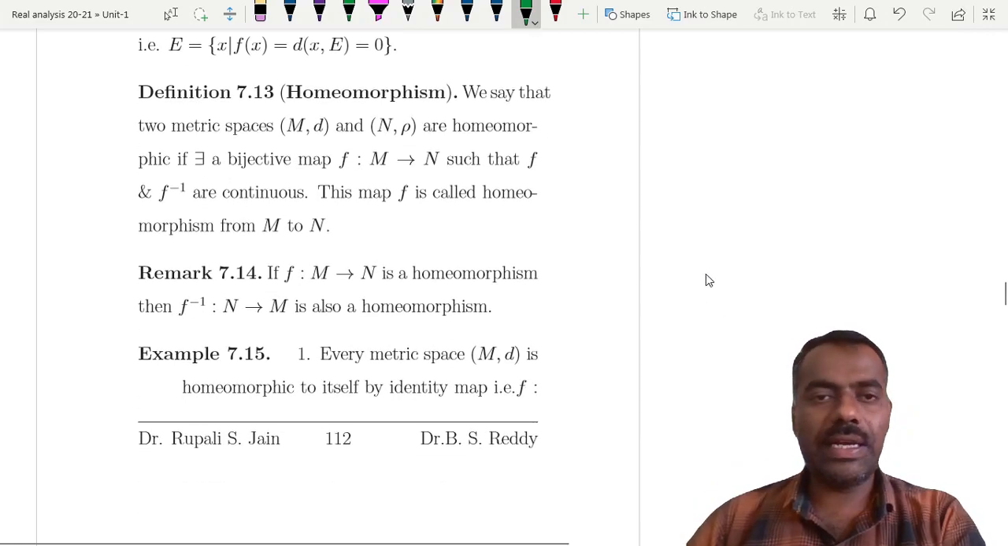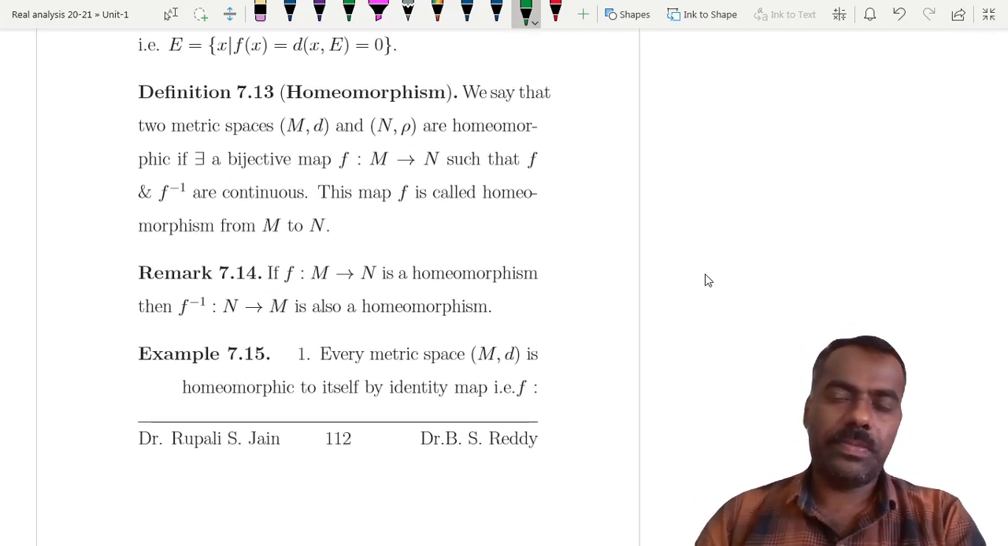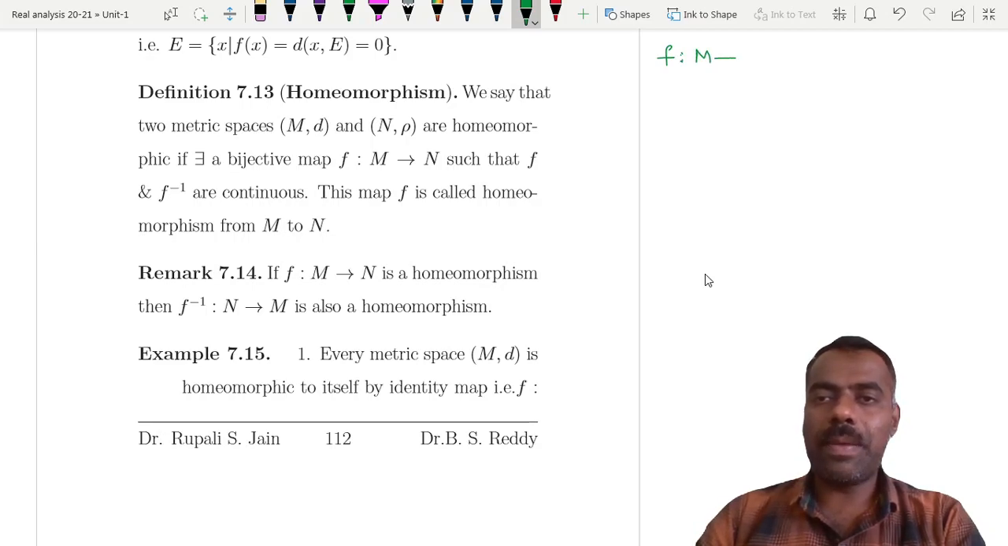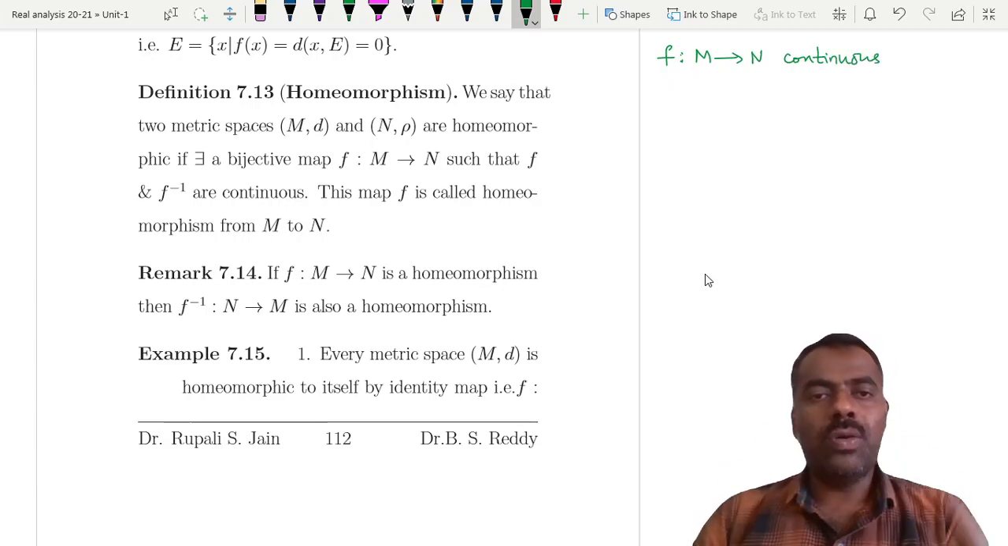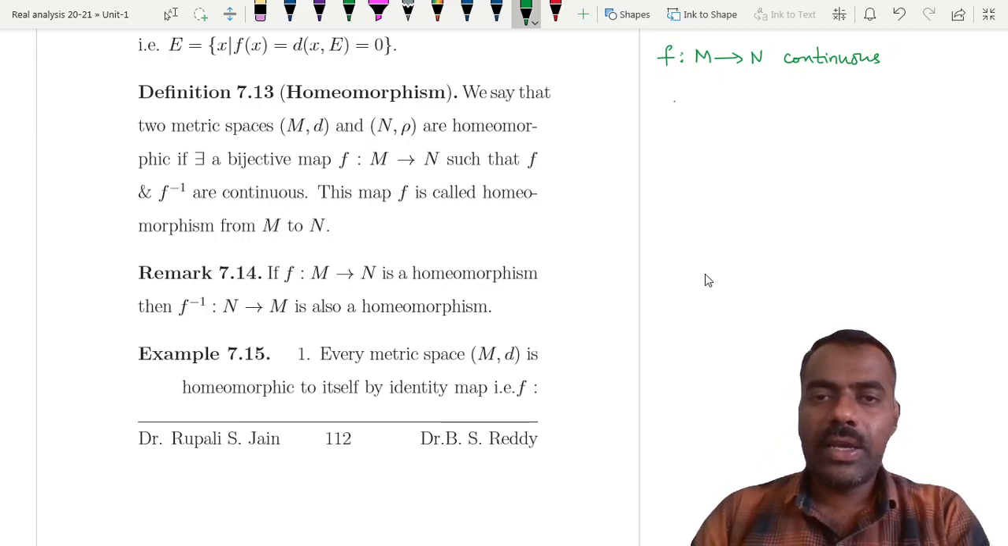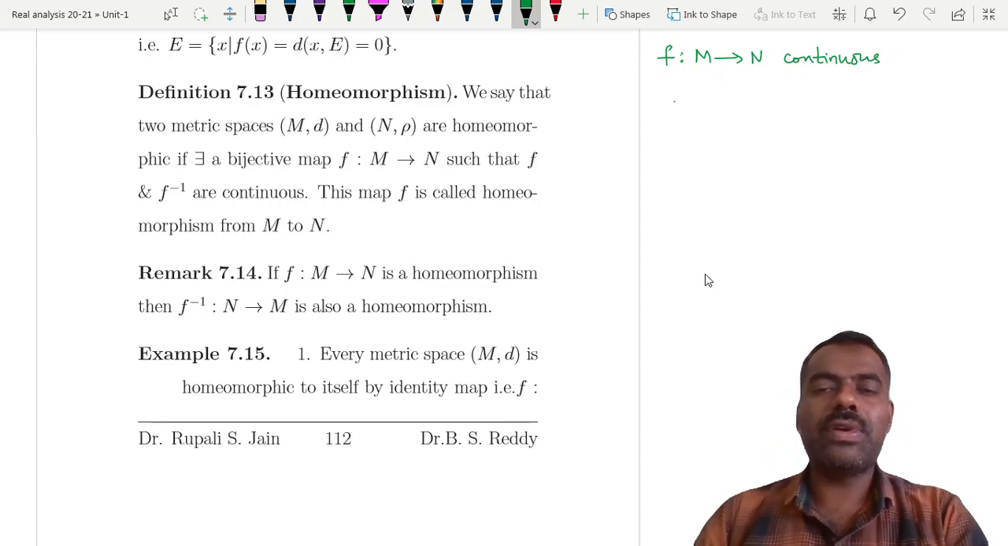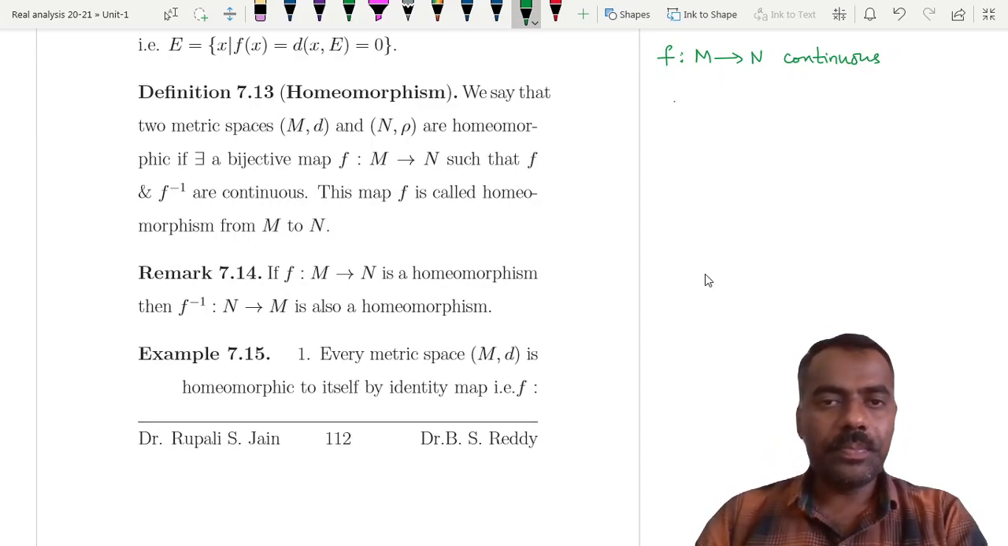Next point will come, which is homeomorphism. So far what we have seen is that f maps from M to N is continuous. And homeomorphism is: you take a function f maps from M to N, which is a bijective map. Then we say that two metric spaces (M, d) and (N, rho) are